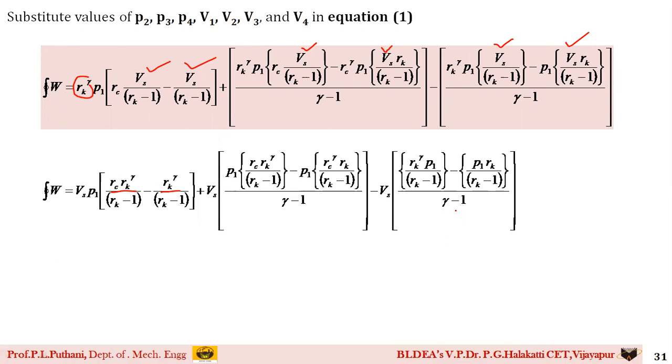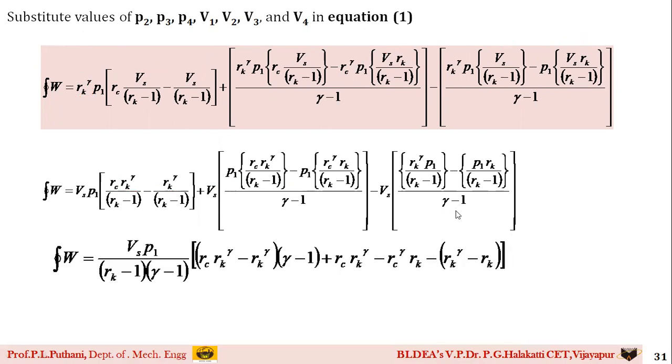Next step, please observe here. What I have done is I have taken Rk minus 1 as common, because if you observe here, Rk minus 1 is common for all the brackets. You can see here Rk minus 1 I have taken common. Along with that, I have taken gamma minus 1. If I take gamma minus 1 common here and here, for this bracket I need to multiply, which I have multiplied here, you can see. So now from here, we just have to go for the simplification part.